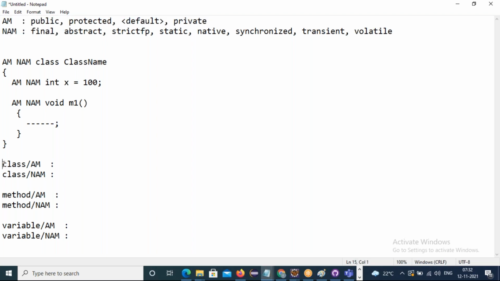Coming to the class level access modifiers, how many are supported?